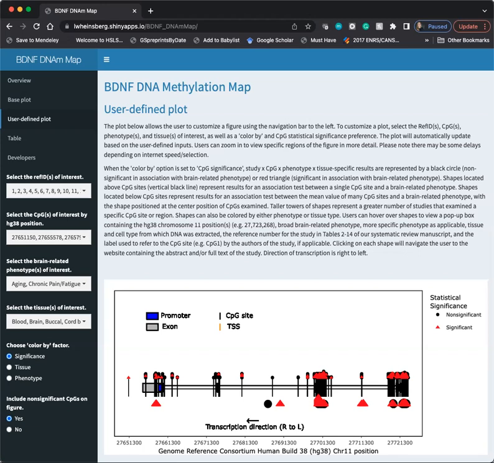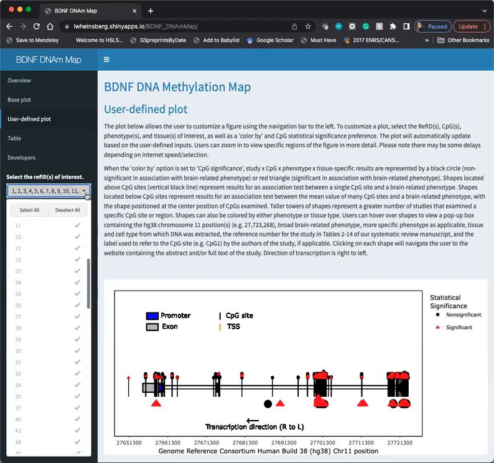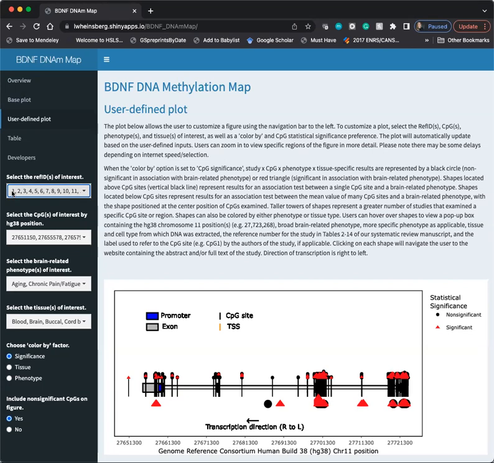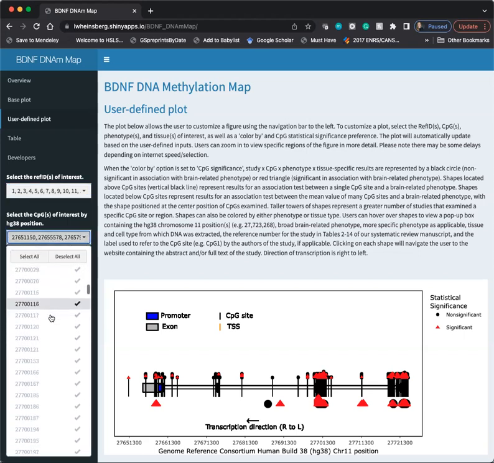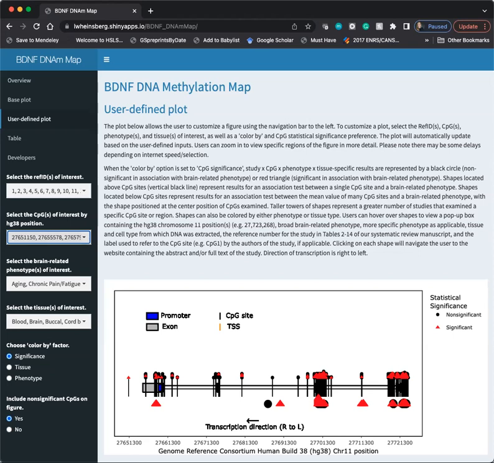are designing. The first filter on the left is for the article reference ID, which corresponds to the tables in our systematic review. We anticipate that most often users will ignore this filter, which is what I'm going to do now. So I'll keep all articles selected. Next, we've included a similar CpG position filter. Again, I'm going to keep all the CpGs selected, but if you have a specific site of interest, this filter